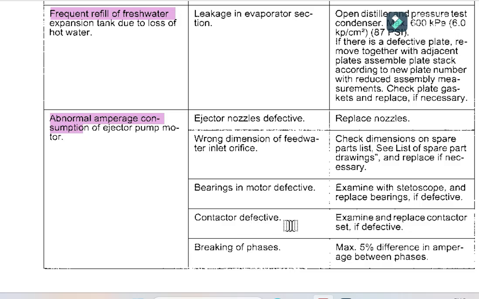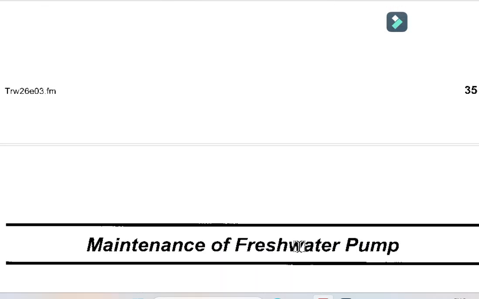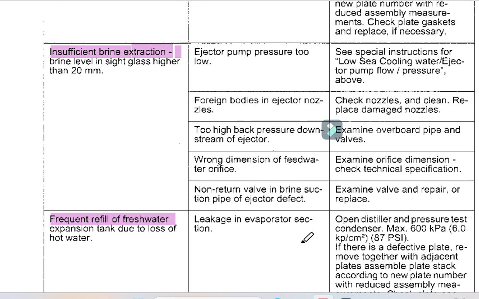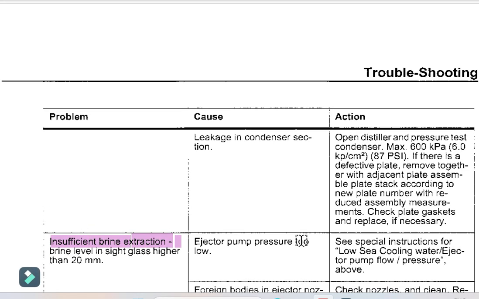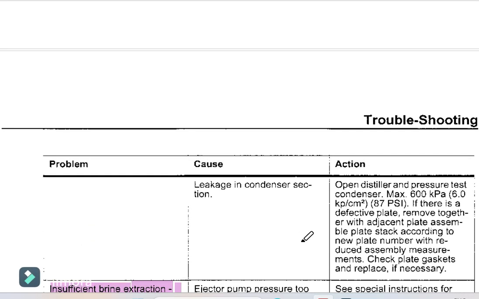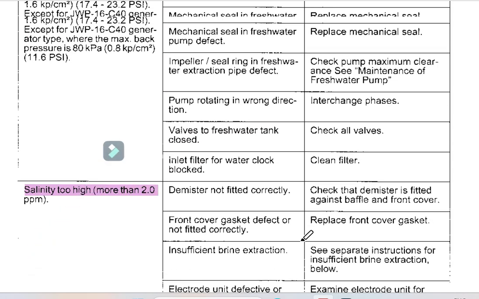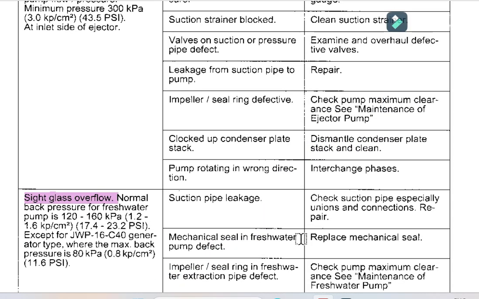Contactor defective, examine and replace. Breaking of the phases: 5% difference in amperage between the phases, then only you have to think about it, and if it is there, you have to replace it. Okay, so these are the problems, or troubles, which are faced by the engineers on board. And regarding the freshwater generator, I have discussed the